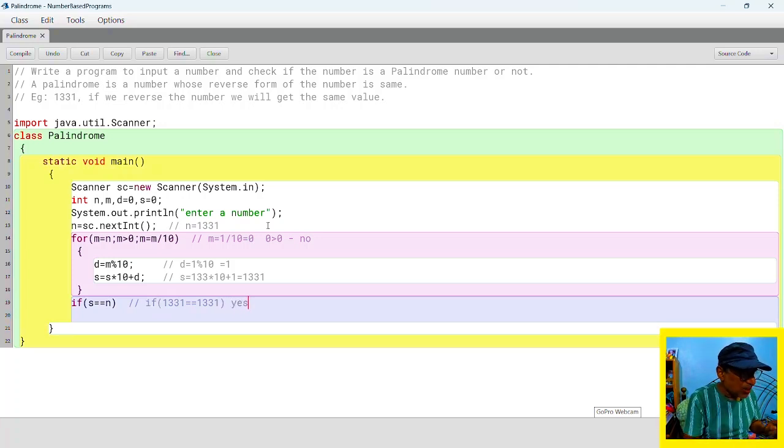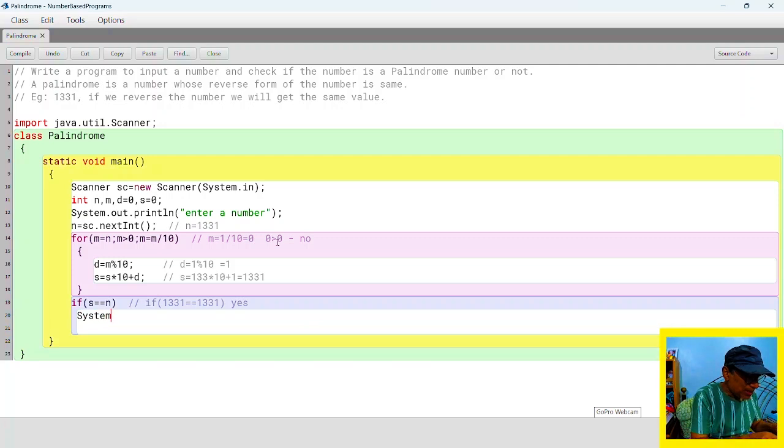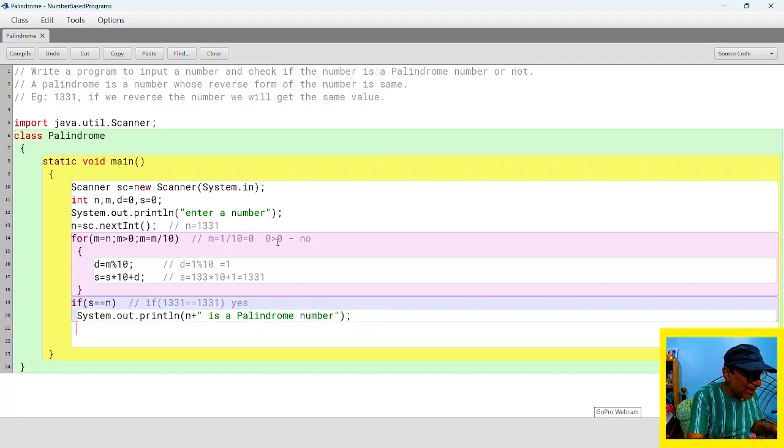So the condition becomes true in this case. So the computer is going to print System.out.println. We should give a very nice prompt: n plus is a palindrome number. Okay, that's fine. Else